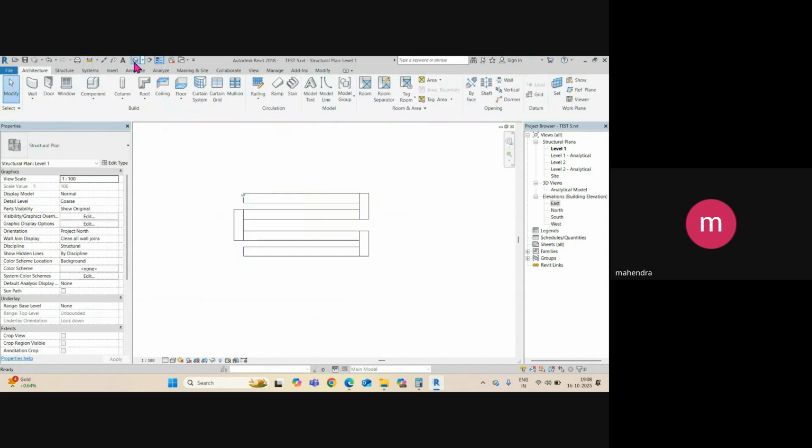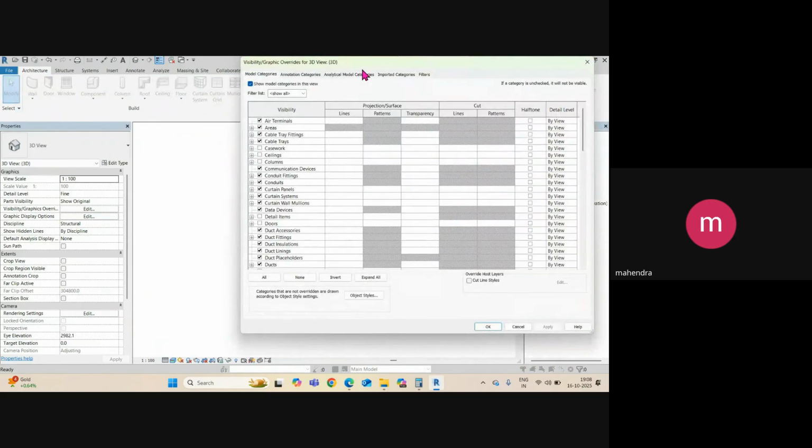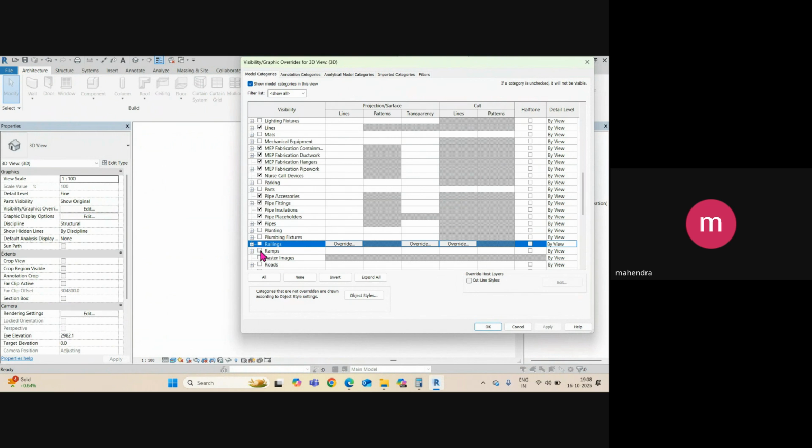If you look at the 3D view, where is the ramp? We are not able to see the ramp. Why? Because we need to check in visibility graphics. So type VV. Okay. And you need to go into this model category and turn on the ramp here. So you can see ramp is off here. That's the reason we are not able to see it in